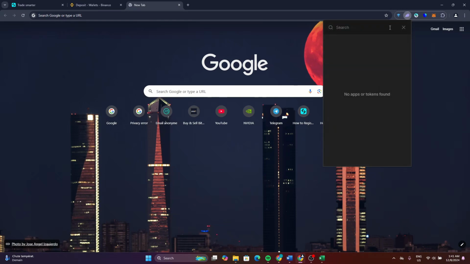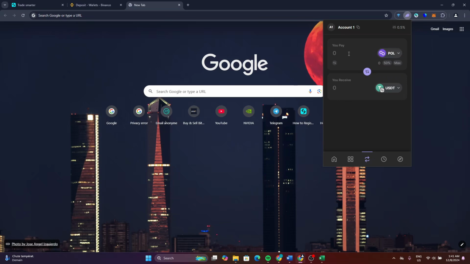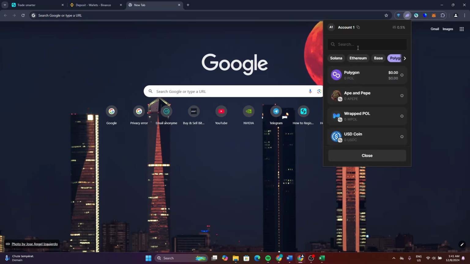And now from here, click on search. Now search for USDT, as you can see here. Now tap on it. Now after that, you can tap on swap. Now, as you can see here, you can enter how much you want to transfer or swap. You can click on this, and from here select the Sol,